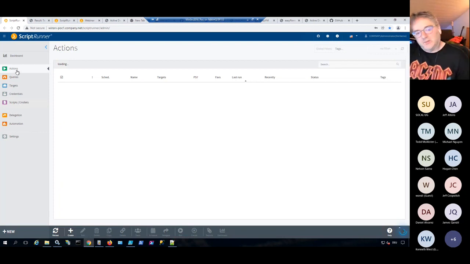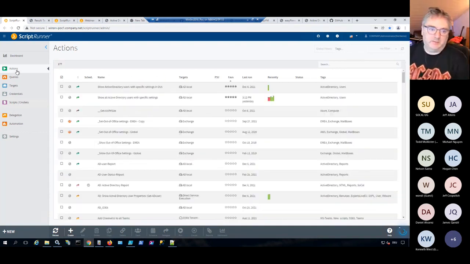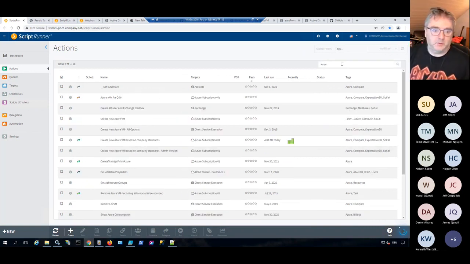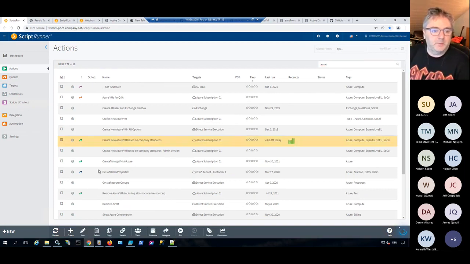Yeah, and then we have our actions, and the actions, these are the actual use case. We already looked at two from the delegation perspective, from a help desk and end user perspective, and I want to start with showing you both of these examples here. One that we looked at was the Azure example, where we can take a look at the configuration,